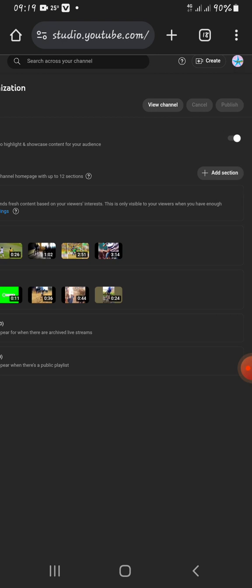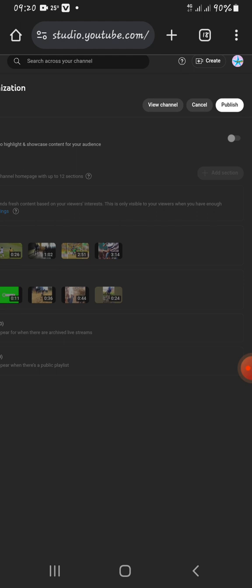See, this is the home tab. You have to turn on this home tab button, this one. If you see it here, I'm turning it on and off. If you turn it on, your YouTube channel will be accessible in YouTube. You can open your YouTube channel and not find it in YouTube. This is because you didn't turn on the home tab button. If you turn on the home tab button, then your YouTube channel will be accessible in YouTube.